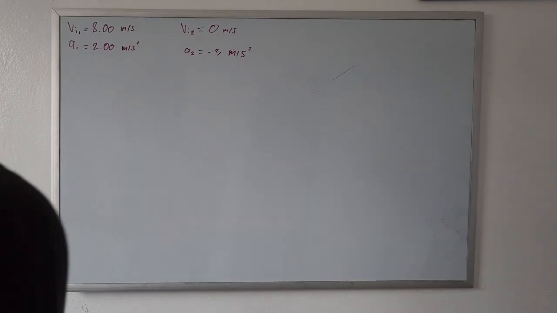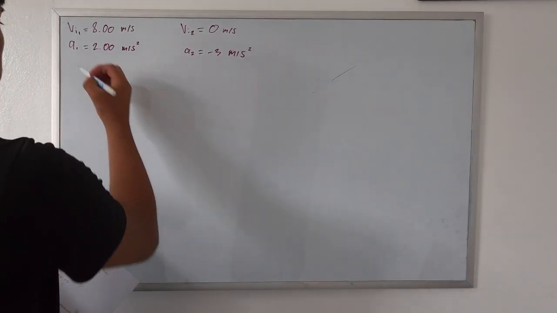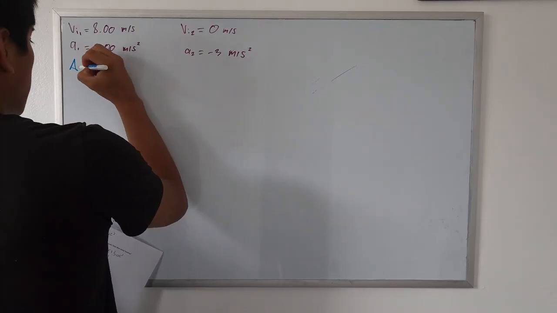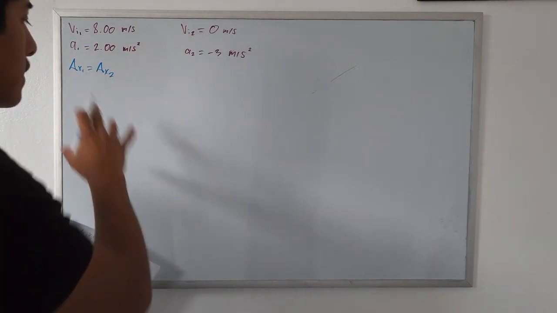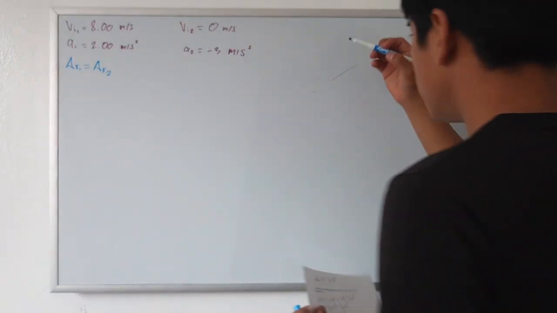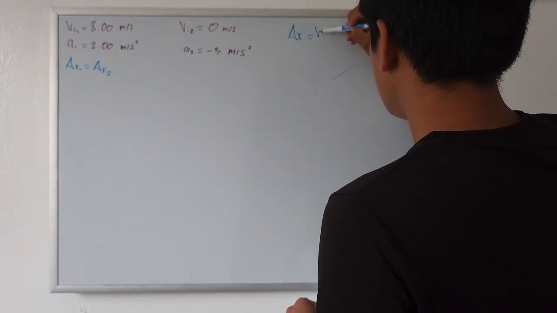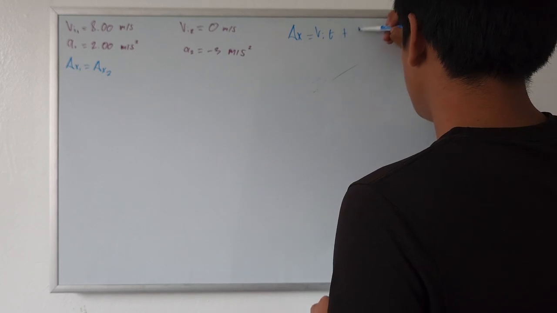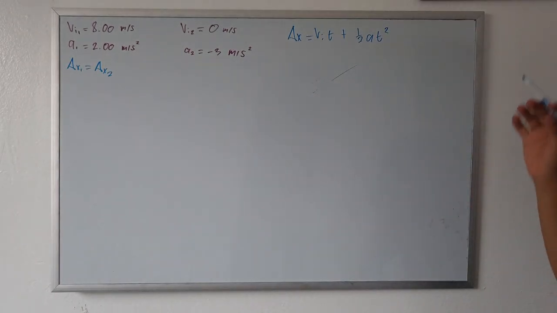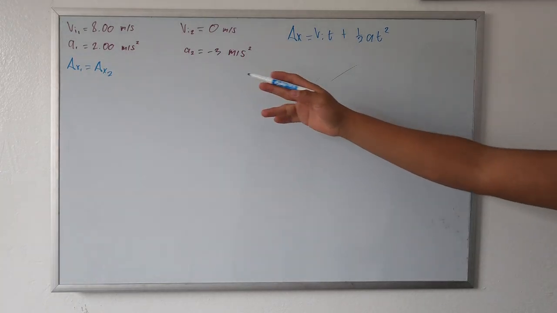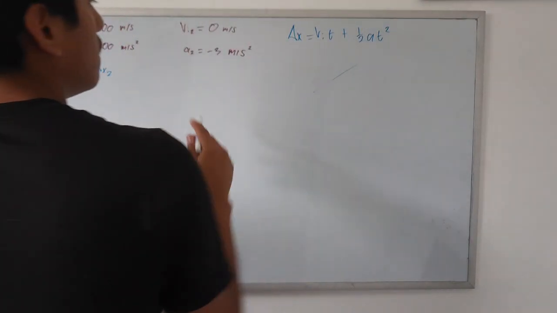So for this one, we know that delta x1 is going to be equal to delta x2. So we're going to set those two equations equal to each other, and the equation that we're going to use is delta x equals v_i t plus 1/2 a t squared. And like I said, we know that they're going to be the same distance, so we're just going to set these equal to each other. So we have